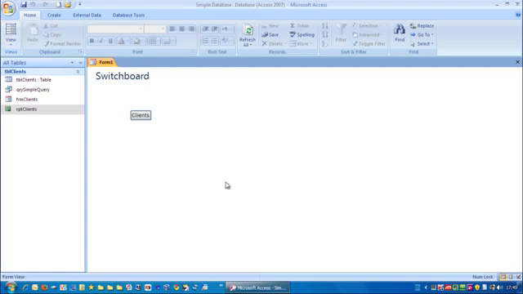And what I also want to put on here is an exit button. Now whenever you click the exit button, it will actually close down not only just this database but the entire Microsoft Access application. So let's go back here, go to Design View,